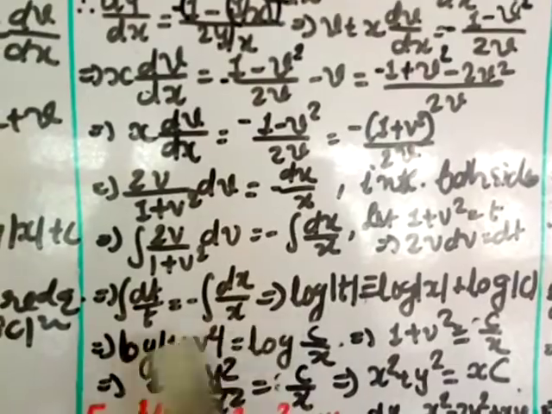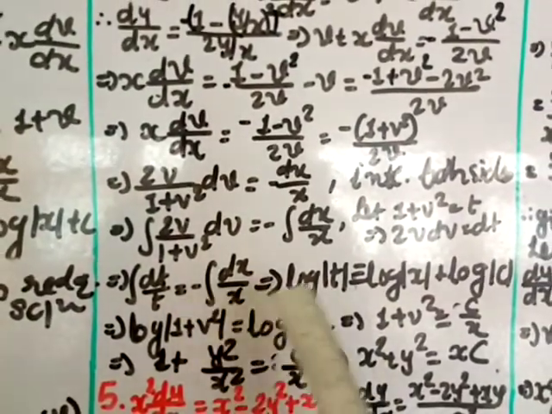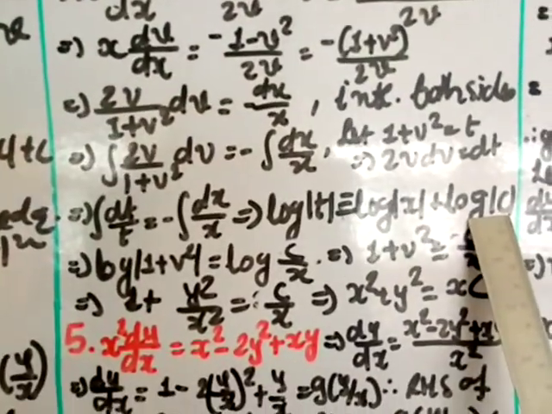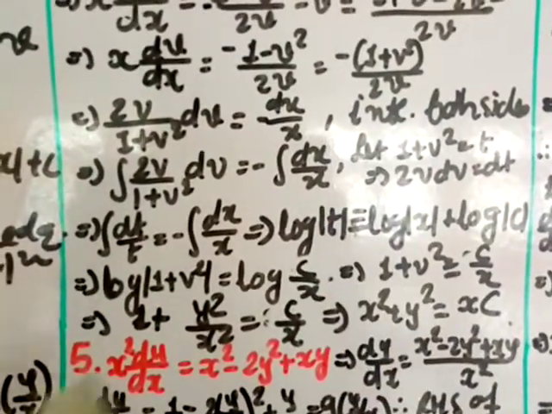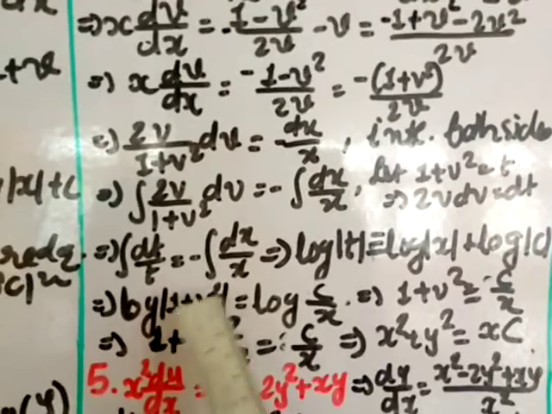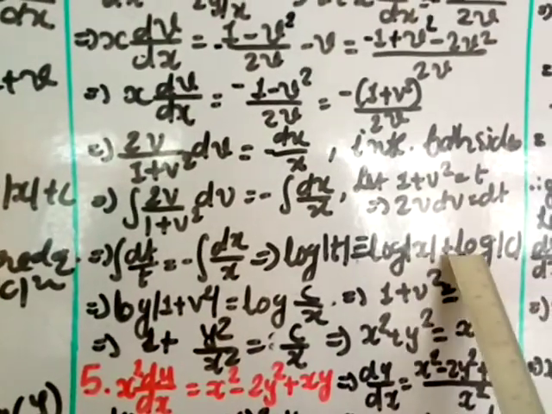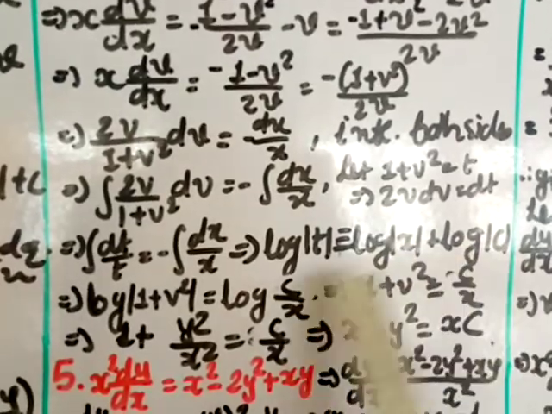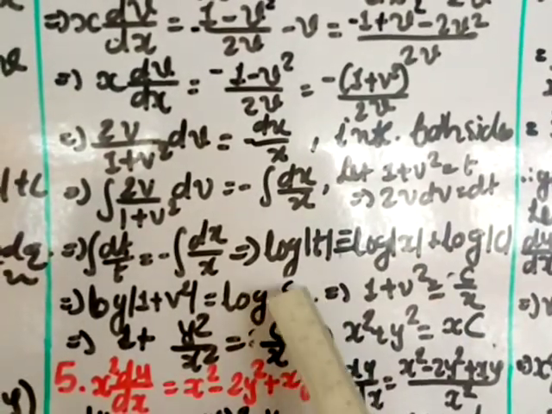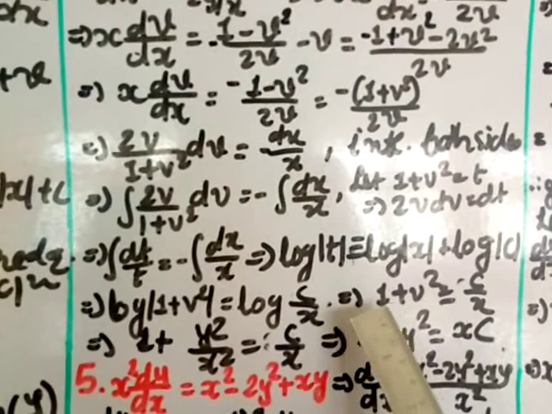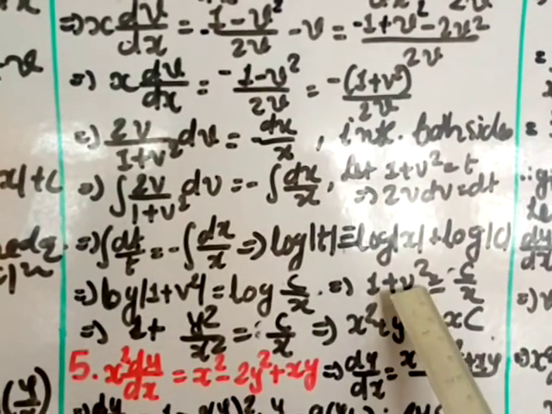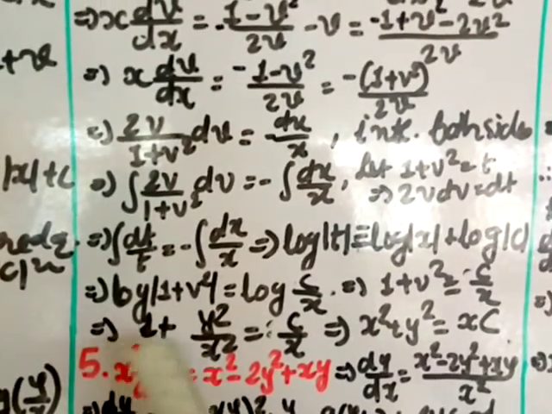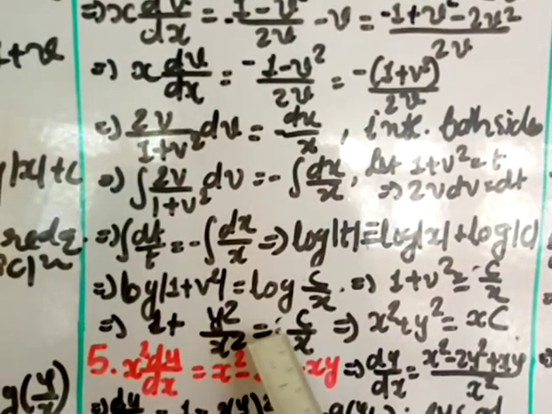Substitute. Now integrate, this integral is log t and this integral is minus log x plus log c. Since both are log, the constant also is taken as log. Okay, and here t value I put back, log (1 plus v square) equal to minus log x plus log c. This can be written as log c by x. Okay, so log c by x, log cut, you get 1 plus v square is equal to c by x. Put the value of v, that is 1 plus y square by x square equal to c by x. Take LCM here, x square plus y square, and that x square you transfer over here.